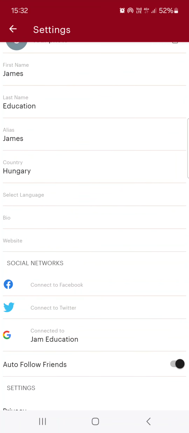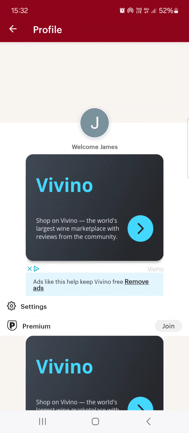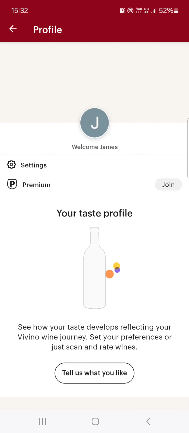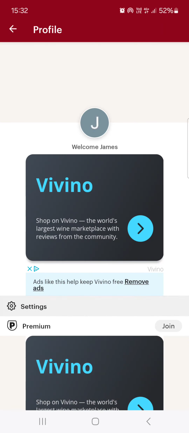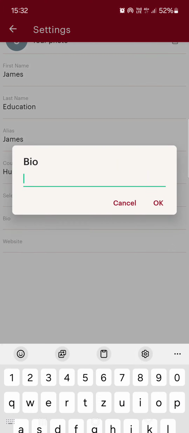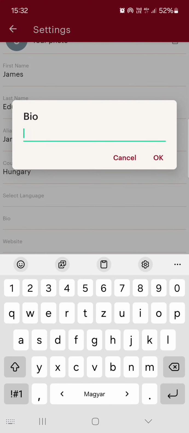First you have to open up the app. Here it opens up in the home menu. From here we just go into the profile menu. Then we tap on settings, and here we find bio. We can tap on this, and here we can write a few words about ourselves as a presentation, for example,